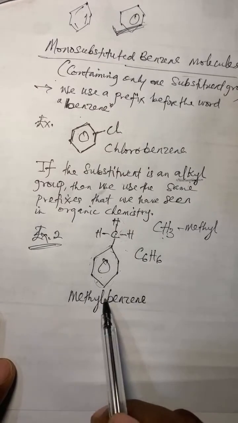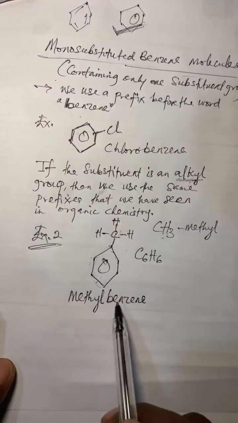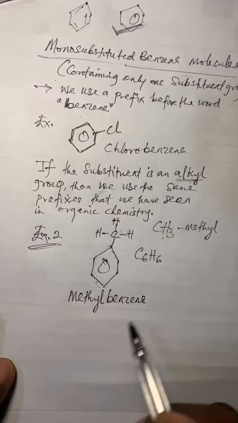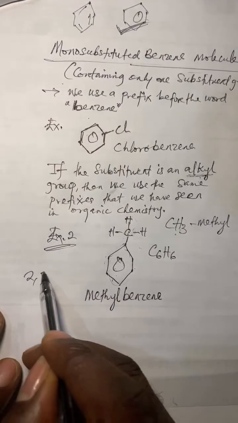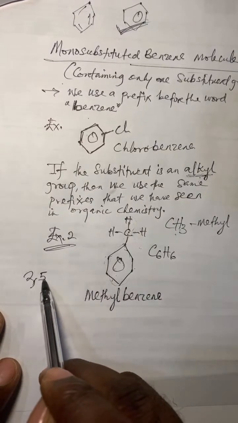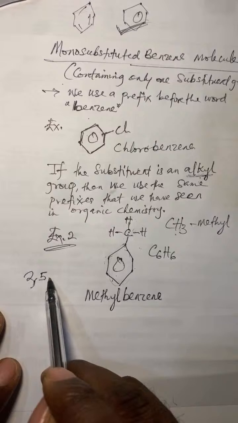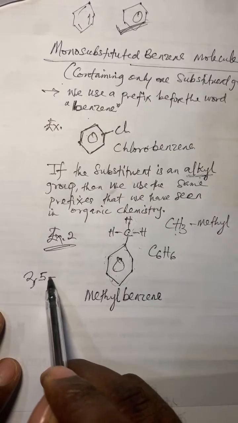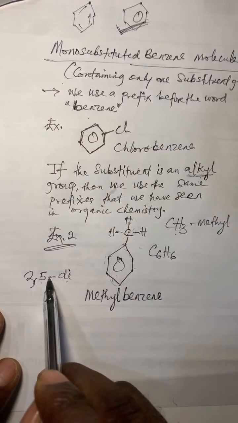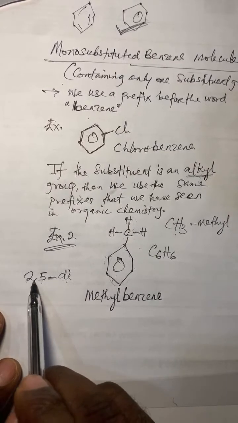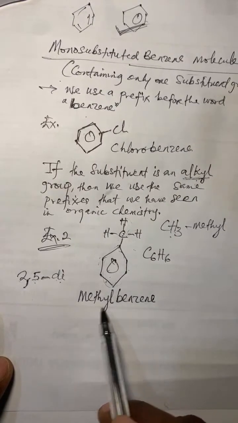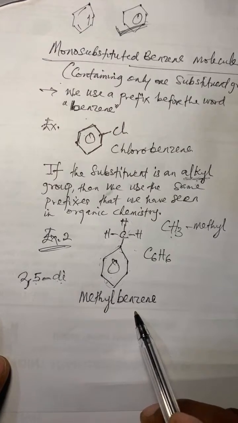For those of you who like putting hyphens and commas in between these things, please, it's not how it works. When you see numbers, let me say I have 2, 5, like this, in between numbers you put a comma. Then between numbers and letters, because I have 2, 5, and I want to have maybe di, I will have a hyphen before I put this di. Between numbers and letters, that's when you use a hyphen. Between two numbers, you use a comma. Please don't use a comma or hyphen between these points. Just leave it the way you are saying it.